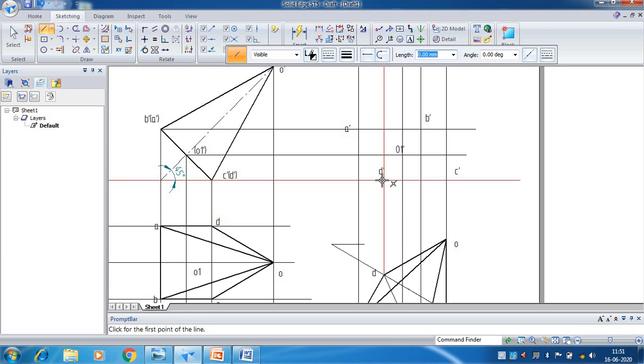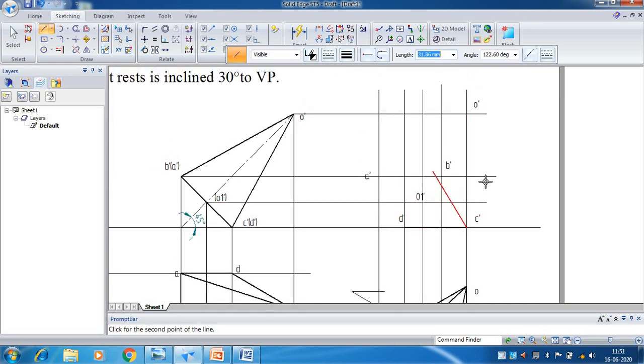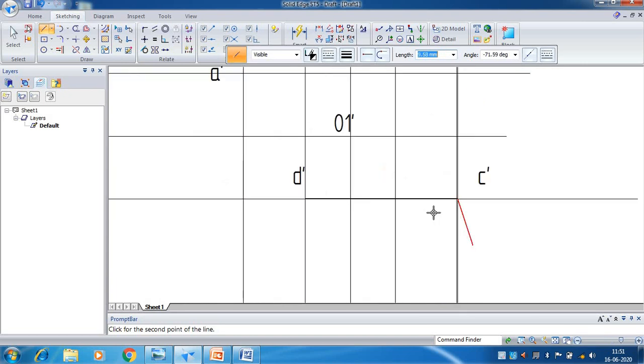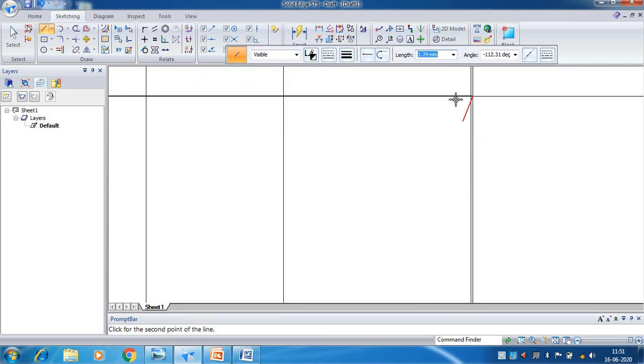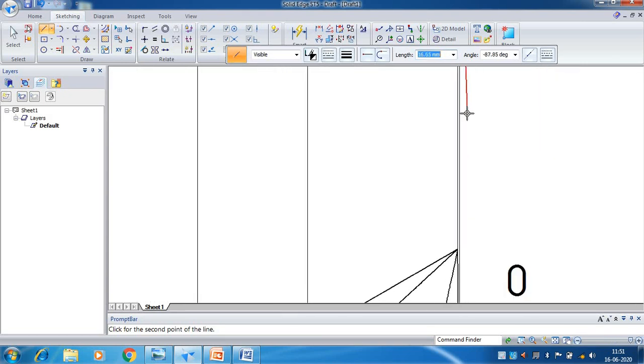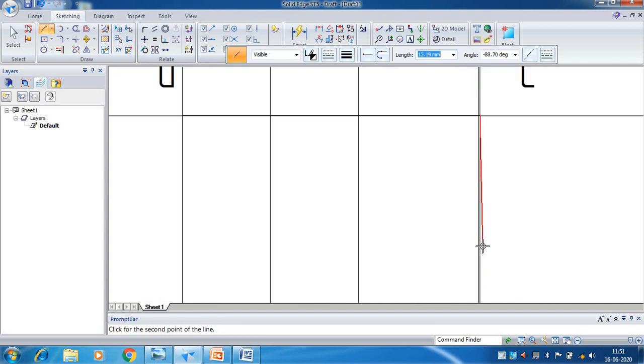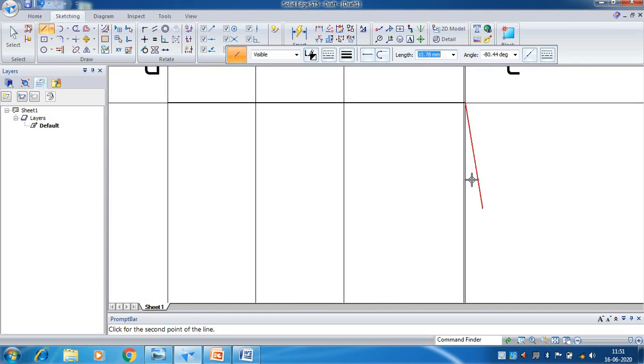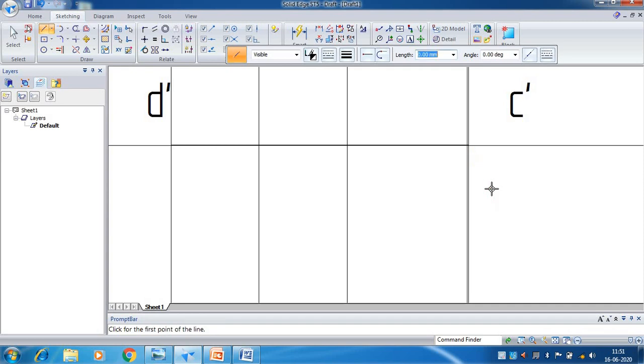So I will start from D to C. After C, don't join to B, because when you rotate your cursor, the first point is going to be O. So here first you need to check whether C is outside or O is outside. So C is outside, O is outside.